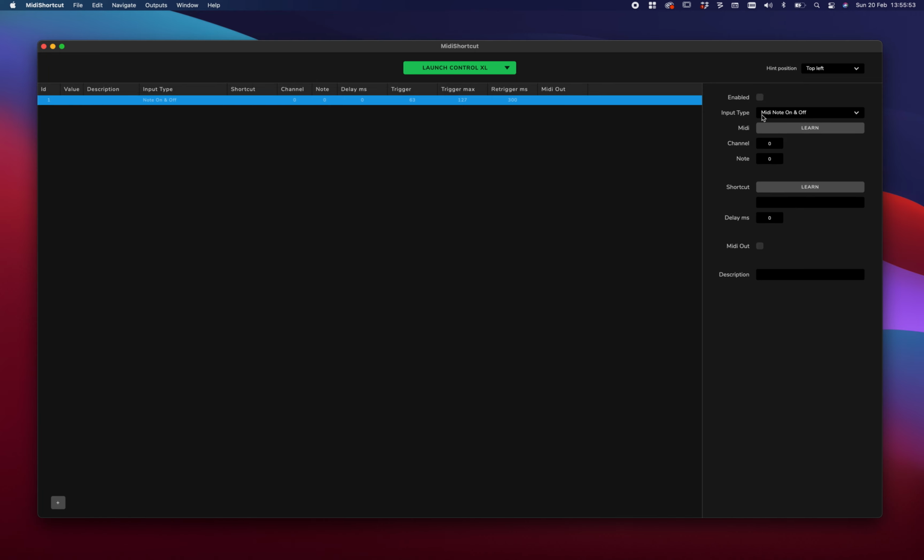So the first thing we want to do is choose whether we want to have the shortcut react to a note or a fader, so a control value. In this case we're going to do a note on, note off, so that's going to give us the same behavior as a keystroke on the keyboard. Then we click learn, and as soon as learn gets blue we can push a button on the device itself. So you see here that we now have assigned channel 9 note 92